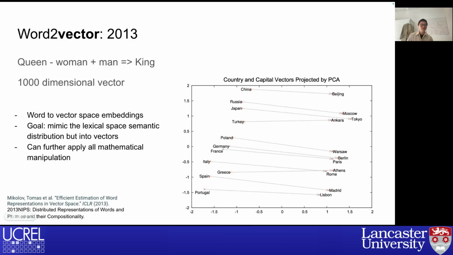Anyway, the brief idea of word2vec is that the vector representation needs to mimic the words' lexical distribution. For example, woman and man can be opposites in semantics, and in the vector representation they should be far away in distance. And woman and queen are closer, so in the vector representation their distance should also be closer. One example the authors used in the paper is queen minus woman plus man in the vector representation is very close to king, in the vector values or distribution.